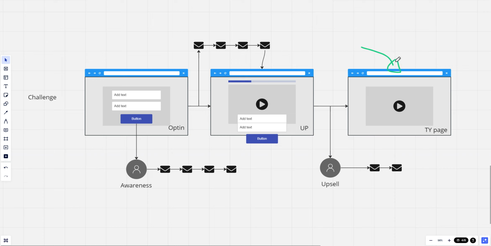Once they land on the thank you page, what is the most logical thing you want them to do? Probably it's joining a private group where they're going to have your lives, right? So make sure that you guide them into all those steps. And as always, very important, have a way that they can easily send you DMs or emails so that you can provide support. Okay, this is really, really key.